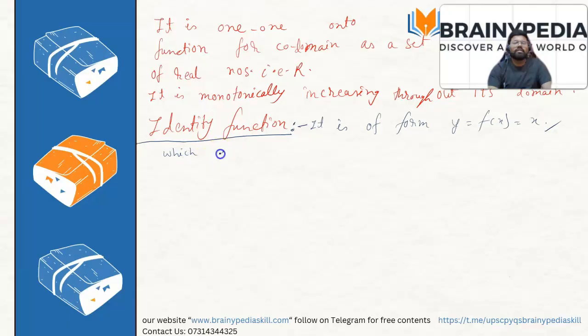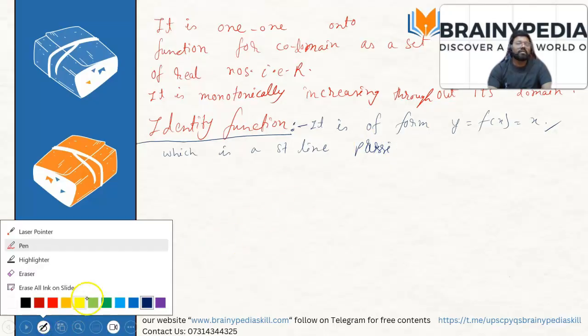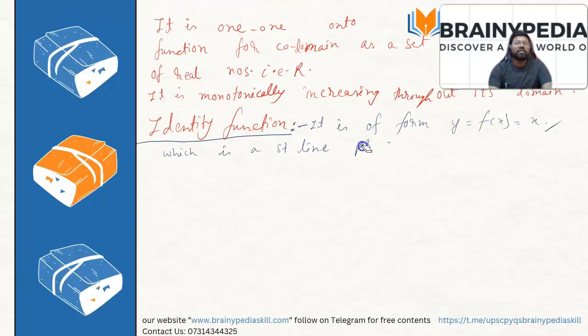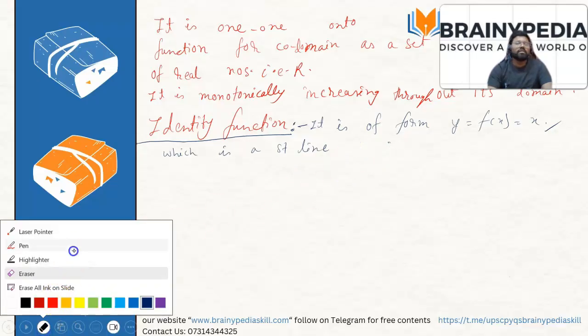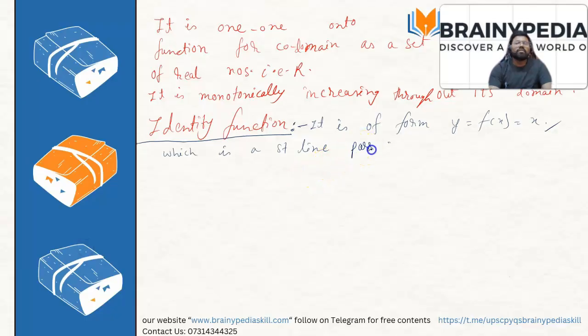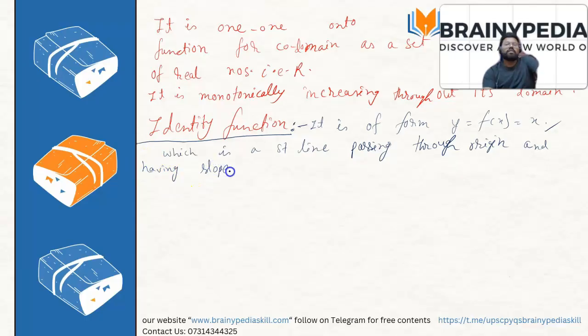which is a straight line passing through origin and having slope unity. I hope this part is clear to everybody. Okay,